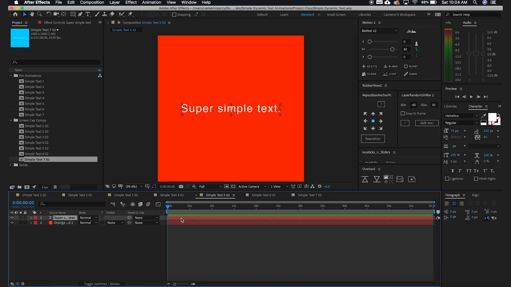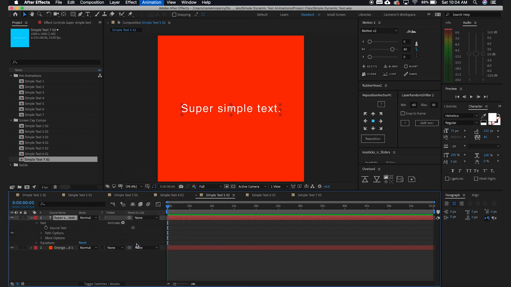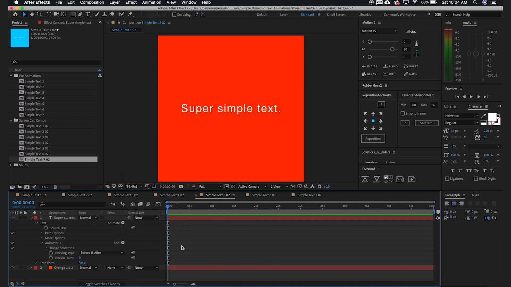As you can see, I've got all of my text laid out on 1 line here. You'll hit the little drop-down arrow on your text layer, open it up, and hop on over to this animated arrow. Hit it, come down, and select tracking. You get a little animator popping up in your layer over here. You want to move your timeline marker to about 50 frames or so and create a keyframe on tracking. Go back to the beginning and set tracking to 10.